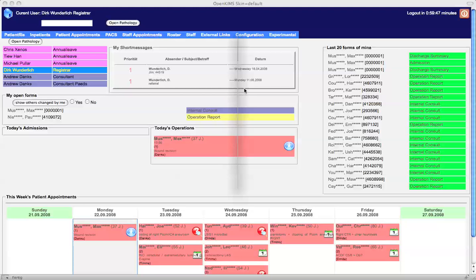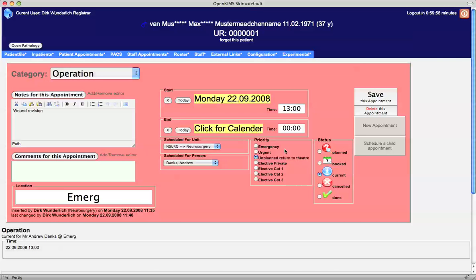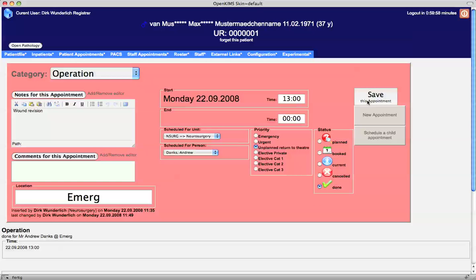In order to record our audit using the extended dataset as proposed by the college, you would put in an operation report, and all the data are actually entered via the operation report. Load the patient, and let's assume we've got one operation today of our test patient here. He's currently marked as a current, i.e. the operation is currently done. Once you finish with the operation, you mark him as done, and your peers will see directly that this operation